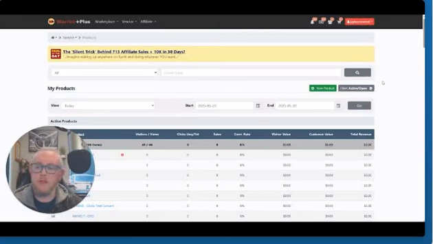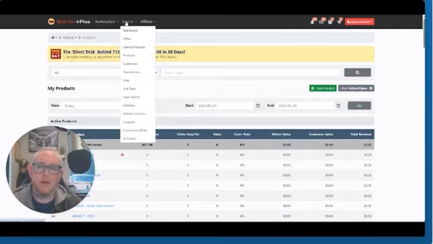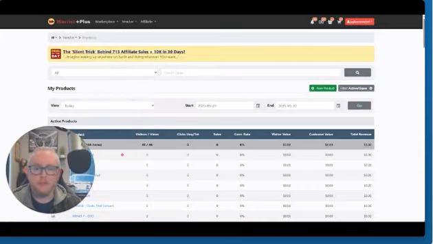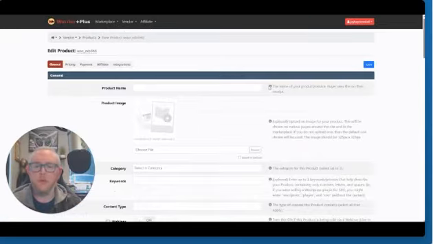So now that we've dotted our I's and crossed our T's, let's jump in and start putting together this offer. To do that, you're going to come over to your vendor tab inside of WarriorPlus, and first of all create a new product. When you're on the product screen, click on this green button that says new product, and this is where we're going to put together the product that people are going to download or have access to once they purchase it, or in my case, sign up to get it